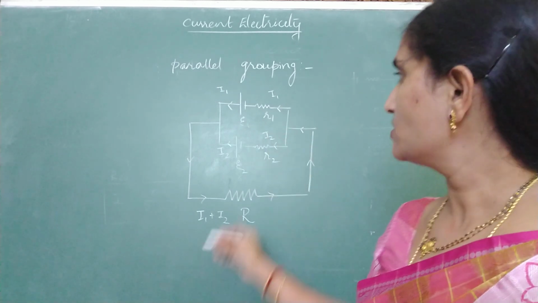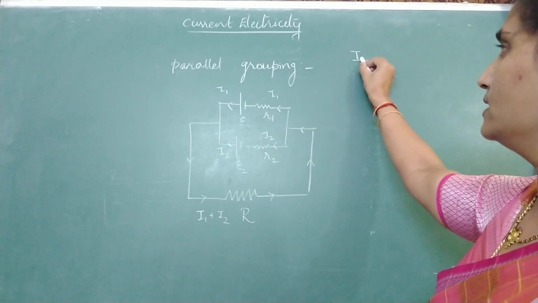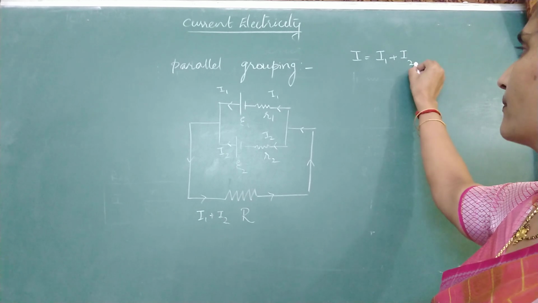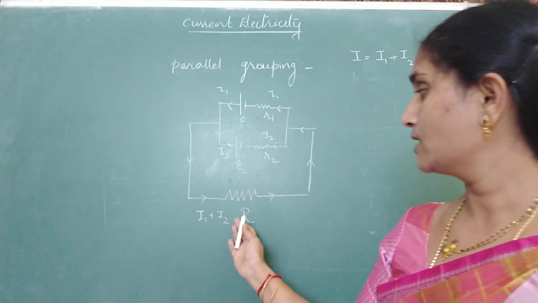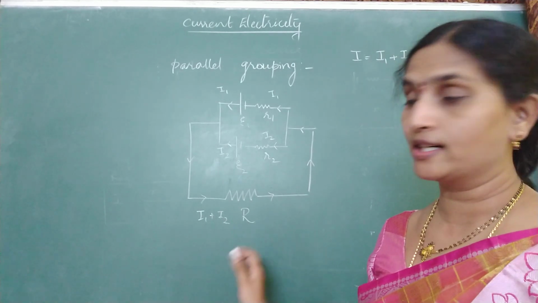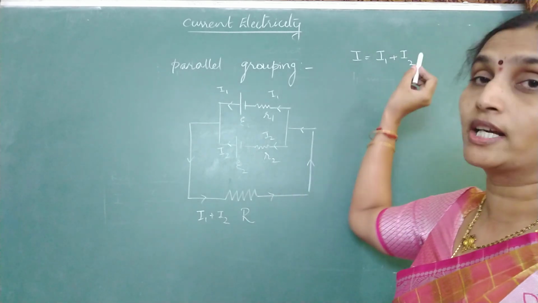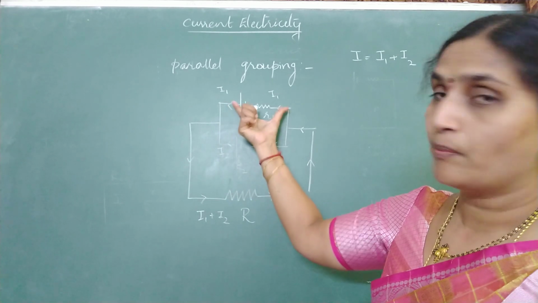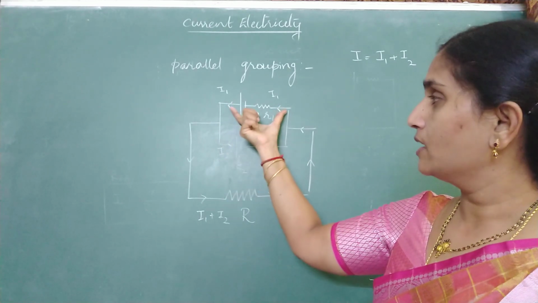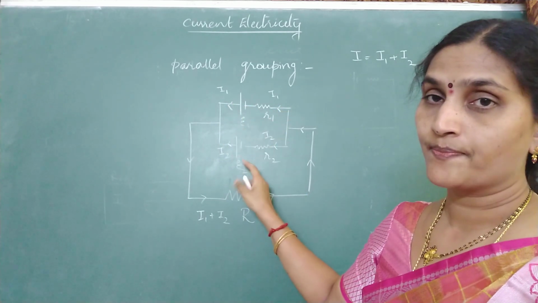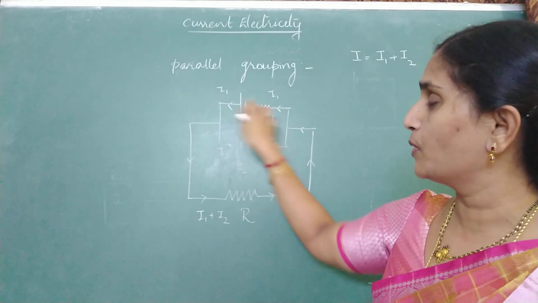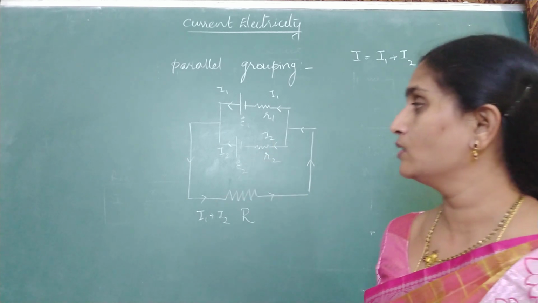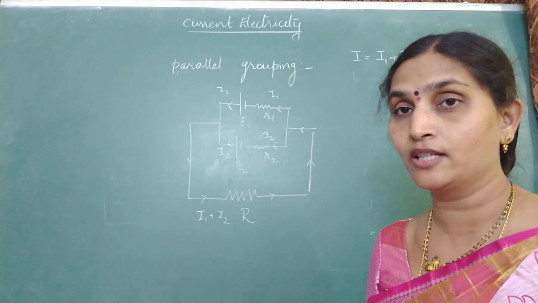So from this relation, can I write the total current I as I1 plus I2? The current which is passing through this resistor is equal to the total current. I am writing it as the sum of the two currents produced by the two batteries. And since they are connected in parallel combination, the terminal voltage is not going to change. Whatever is the voltage across these two points, the same will be the potential difference across these two points.